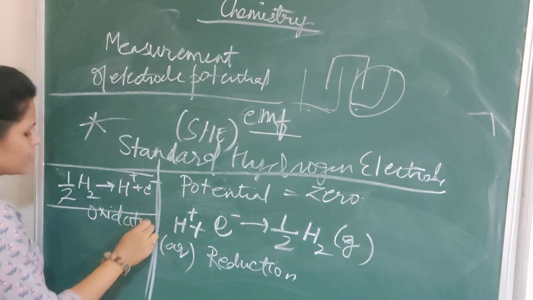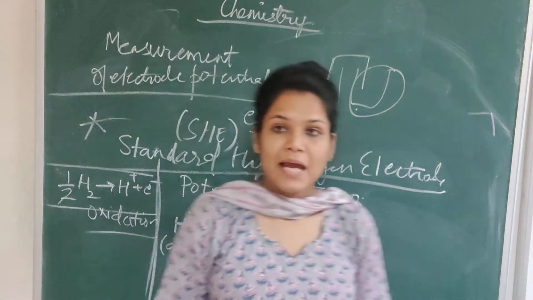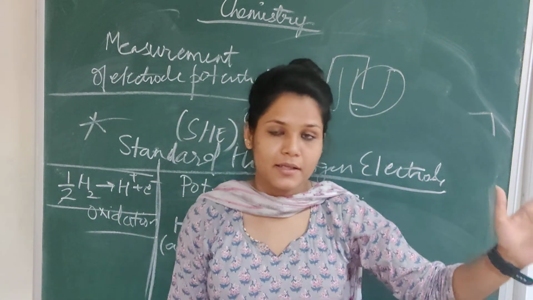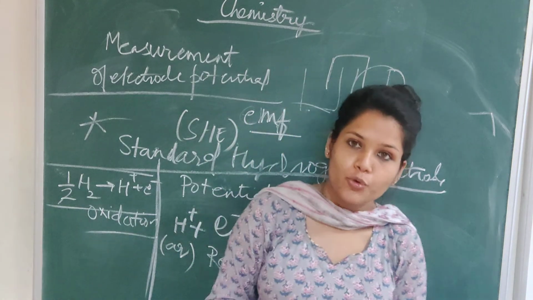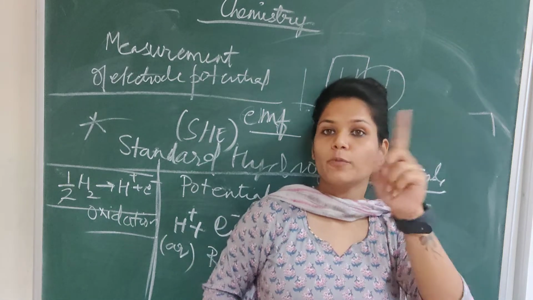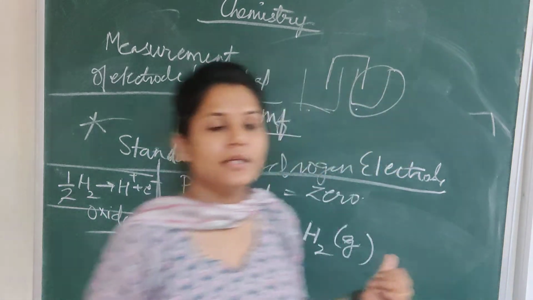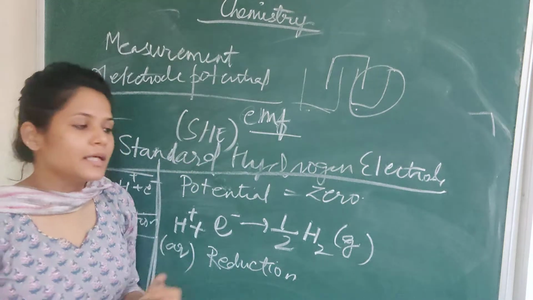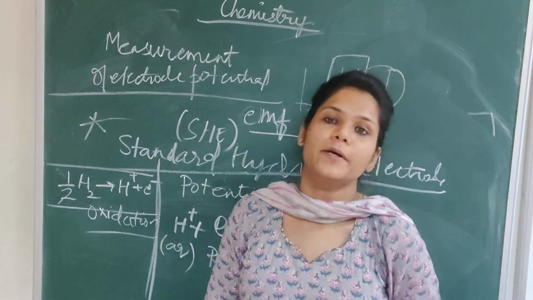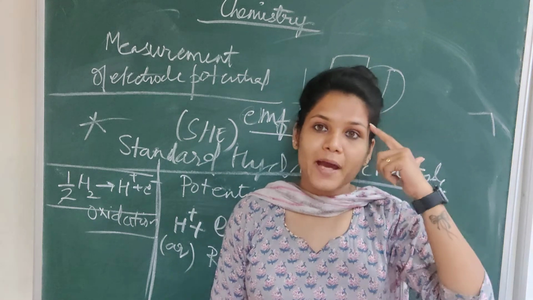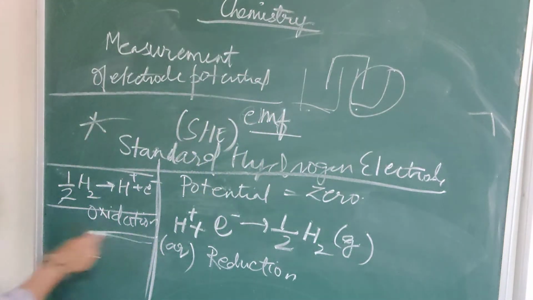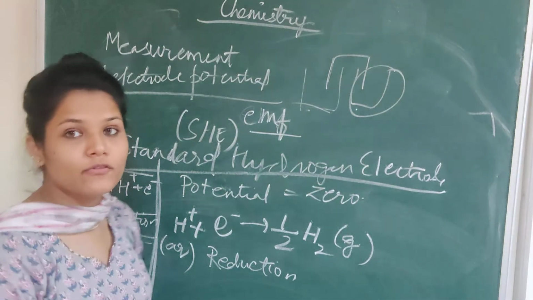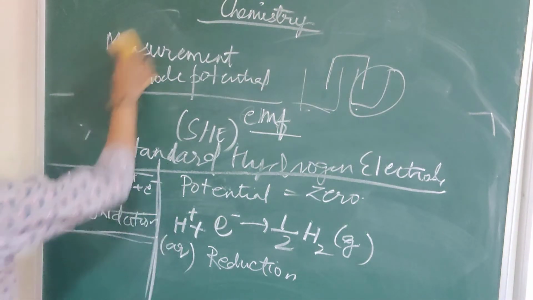So now you have to see, if in the question SHE is given on the right hand side, or they have told you that SHE is present on cathode, so by default you have to understand cathode पे क्या होता है, reduction होता है, तो you will be writing the reaction of reduction. लेकिन अगर दे रखा है कि SHE present है anode पे, then you should have this in mind that anode पे what takes place? Oxidation takes place. So the reaction of oxidation, you can write it down here. Very easy. And similarly you can find E of the cell. Let me show it to you.